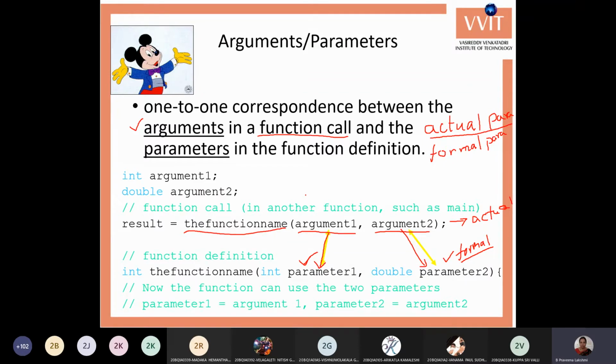These parameters are specified in the function definition, and are available only within the function.